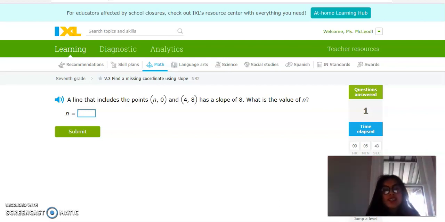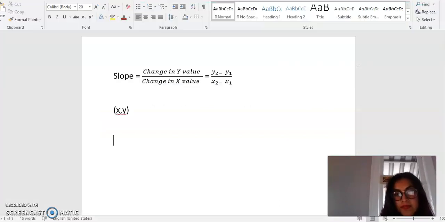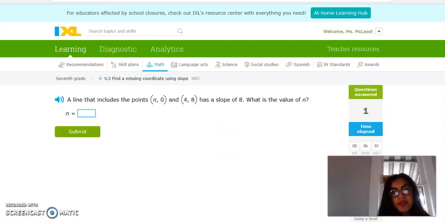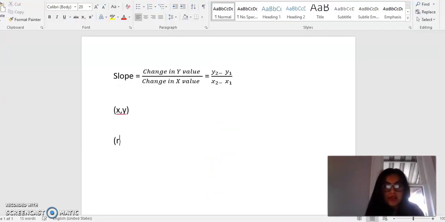Okay. So it says a line that includes a point (n, 0) and (4, 8) has a slope of 8. What is the value of n? Again, we're trying to find that missing value. And we're going to be using the key formula, slope equals y2 minus y1 over x2 minus x1. So they told me that the two points are (n, 0)